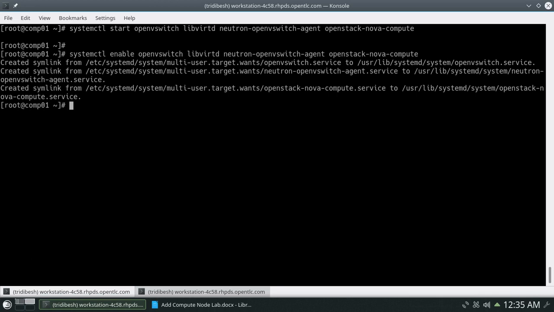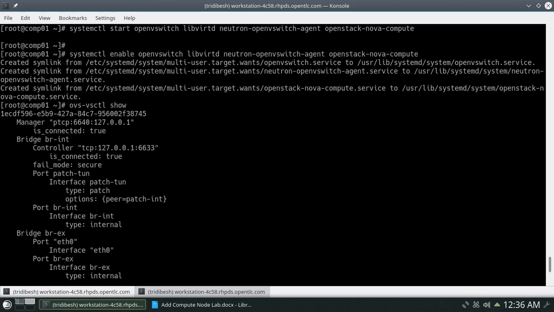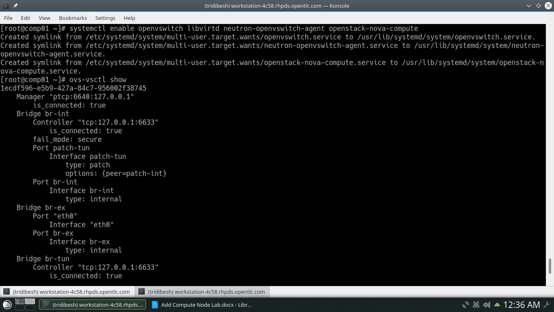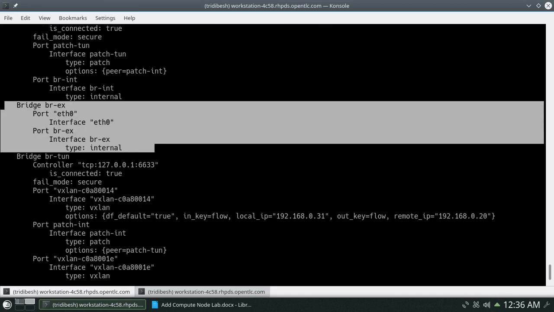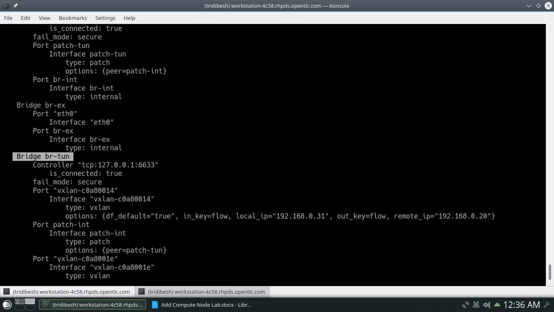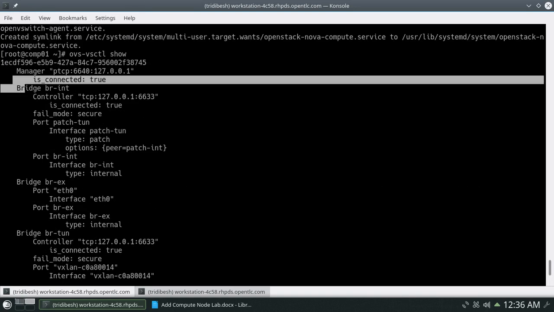So it's been enabled. Now we will verify the Open vSwitch configuration. So let's do that over ovs-vsctl. You will see previously it had only a single entry for the br-ex port. This was the entry it had, but now you will see a lot of entries coming, like br-tun and all this information, and br-int.